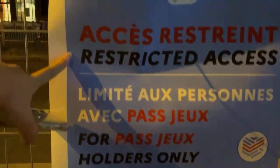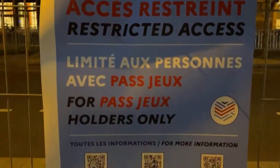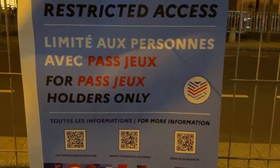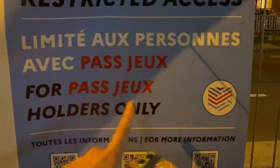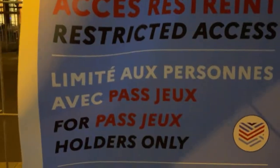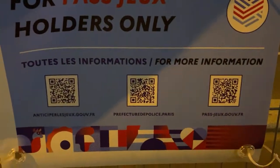What does it say? Restricted area, restricted access, sorry. For pass jeux holders only. Pass jeux, the jeux means games in French. Olympic games, like Olympic games. Limité aux personnes avec pass jeux. So yes, and then if you...